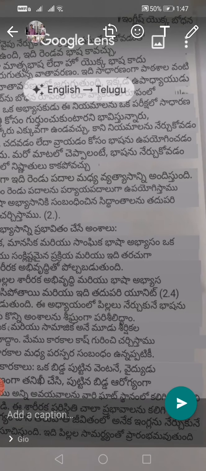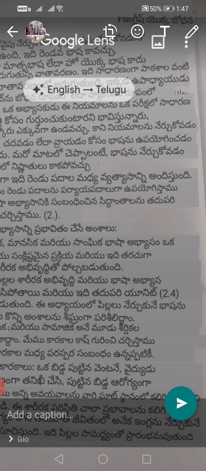In this way the information can be changed from one language to another language, and with the help of that we can understand any information, whatever the language may be. It may be the Chinese language. We can translate Chinese into Telugu. We can translate English to Telugu. We can translate Telugu to English. In this way, this will be very much helpful to us to understand the information.